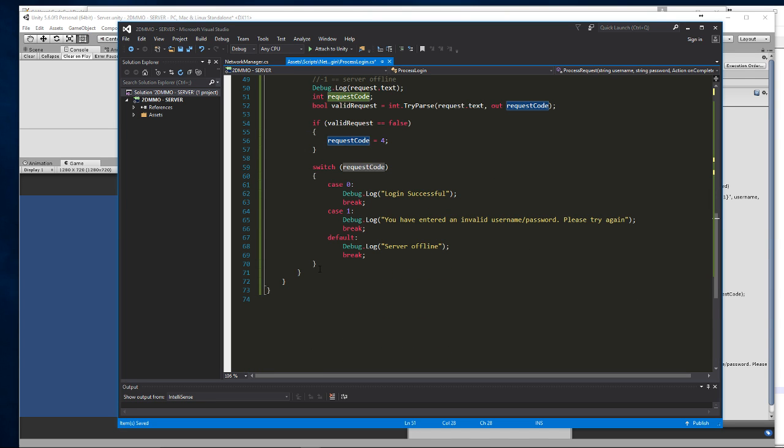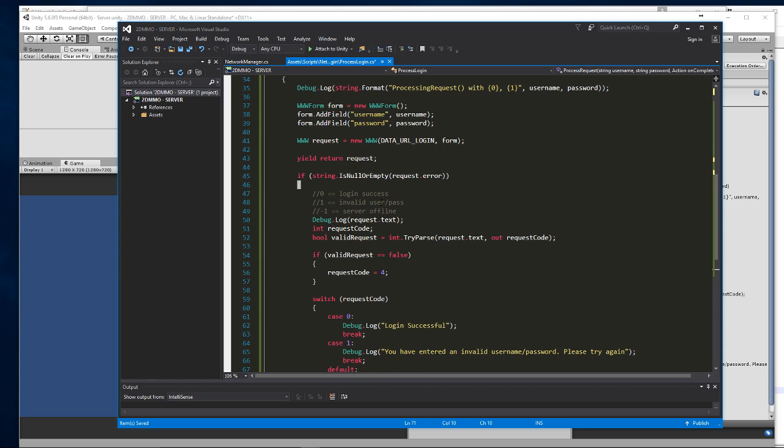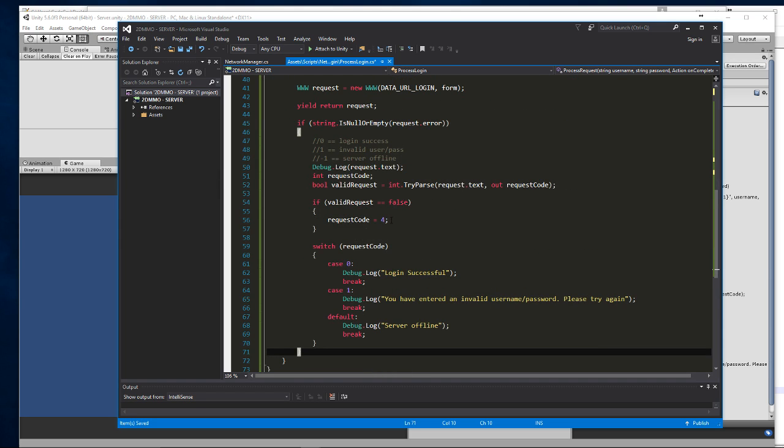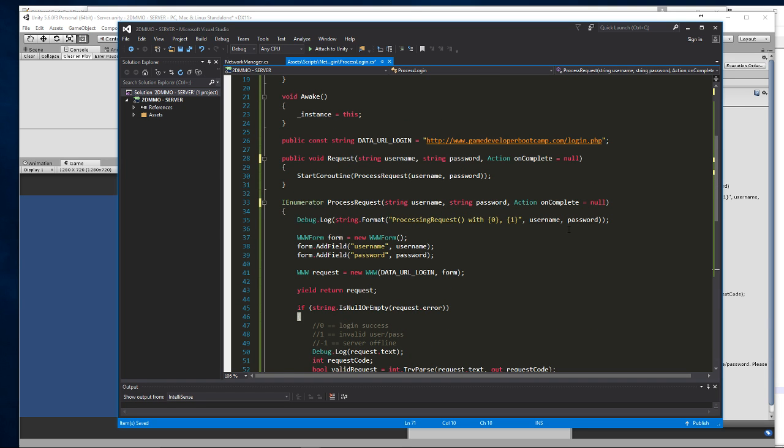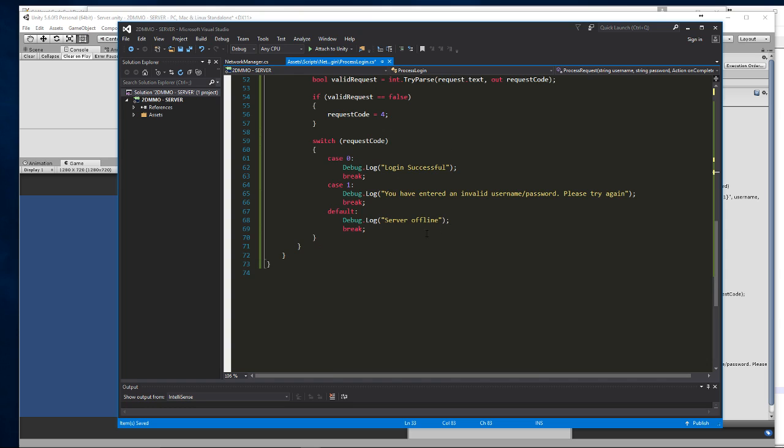Alright, so I have the request code, and what I'm going to do here is I need an integer to be received. So I'm going to go ahead and say, let me see here. I want onComplete to pass in an int and get something back. May need to do a Func. Let's see here. Alright, so I pass in the onComplete event to the request, and when it's finished, so once we get to here, right, it's done. I need to go ahead and check if our onComplete event is null. So if onComplete not equal null, meaning that there is a callback delegate in there,